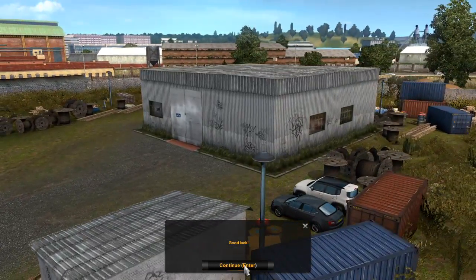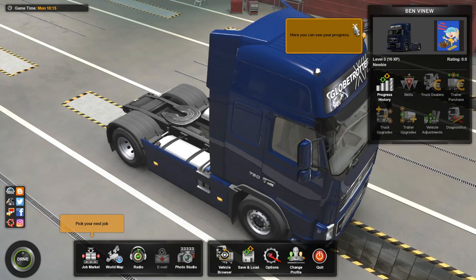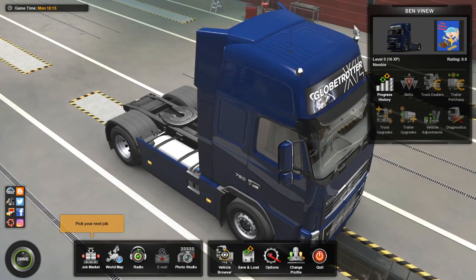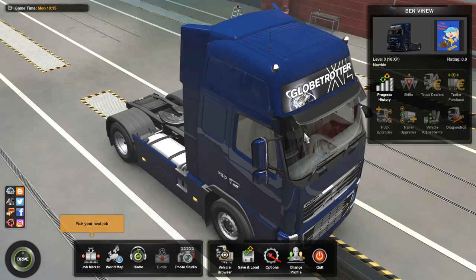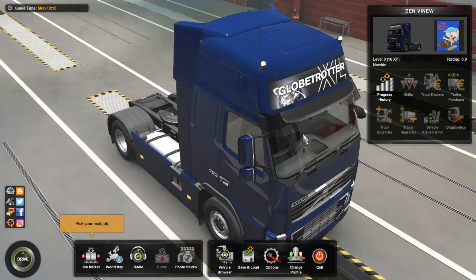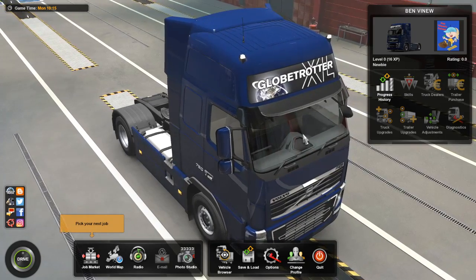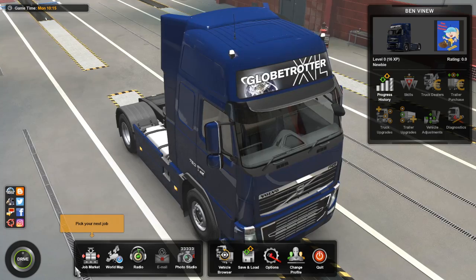Good luck. Okay, so now I have a company truck, which is a Volvo 750 Globetrotter. I like this truck the best because it has the most powerful engine, and that helps getting you up hills and things like that. It makes getting around the world a little easier. Now,